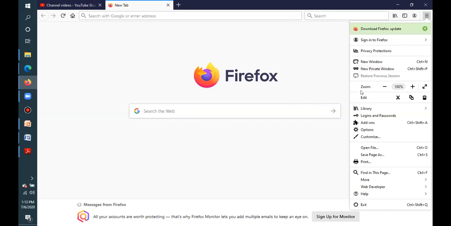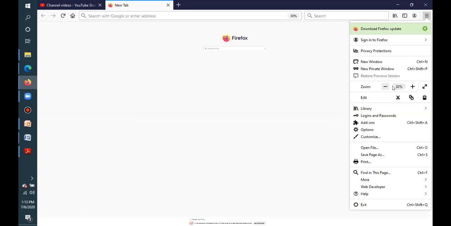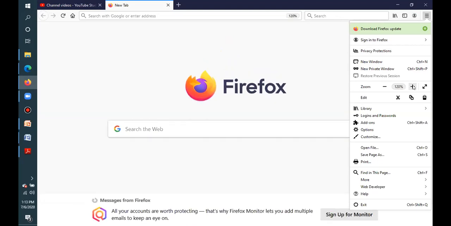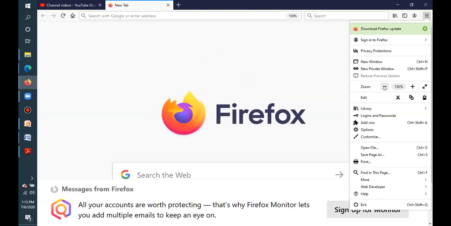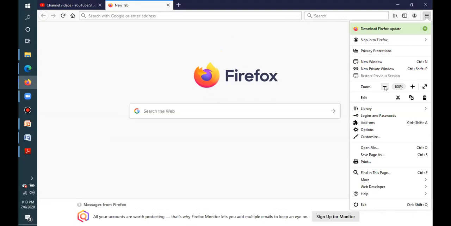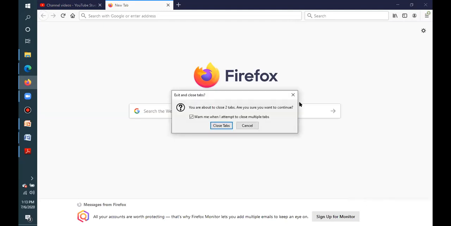You can zoom in and zoom out. If I zoom out, can you see that? This is the zoom in. Then cut, copy, paste options are available here. The library function is also available here. If you want, you can add some add-ons. There are many options available. If you want to print any web page, you can print it from here. So these are the things we have here.